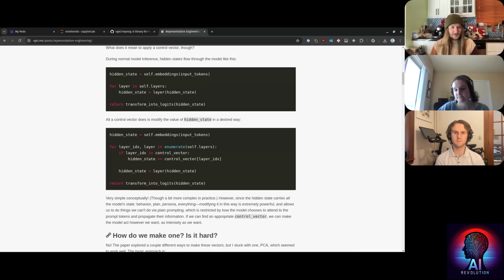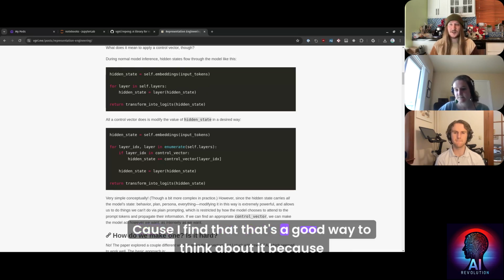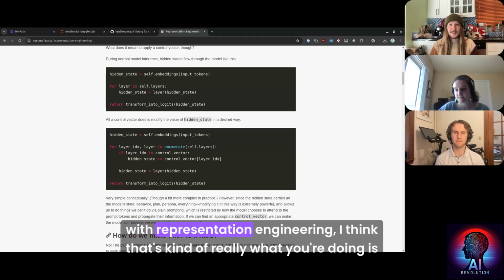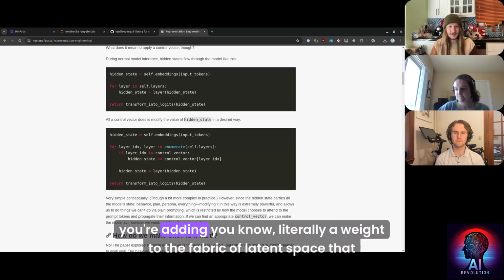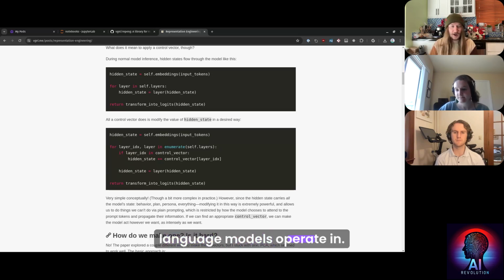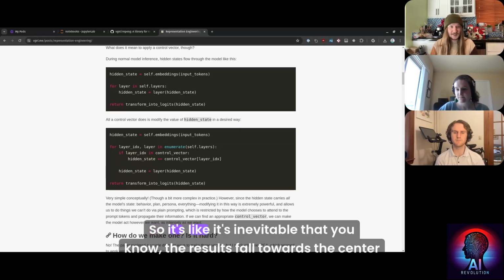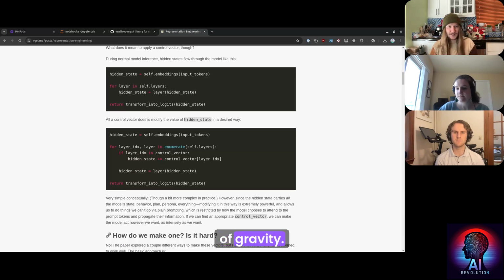With representation engineering, what you're doing is literally adding a weight to the fabric of latent space that language models operate in. So it's inevitable that the results fall towards the center of gravity.